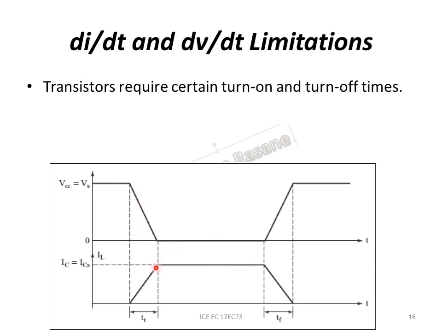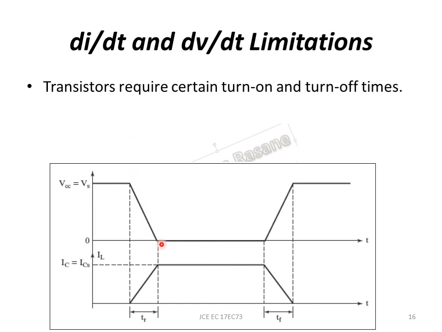Similarly, for the current, in this case it is rising, so the current is di by dt. What is the rate at which it is going? It is going from 0 to a value called IL. So di by dt means rate of change of current, which is IL minus 0, so IL upon dt, where dt is the change in time. So that is TR.